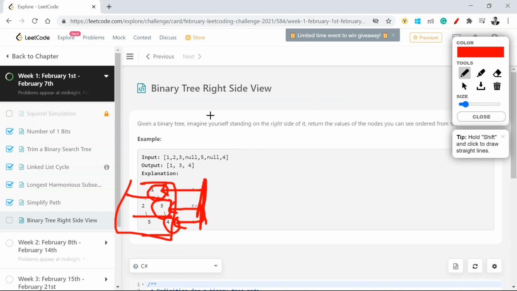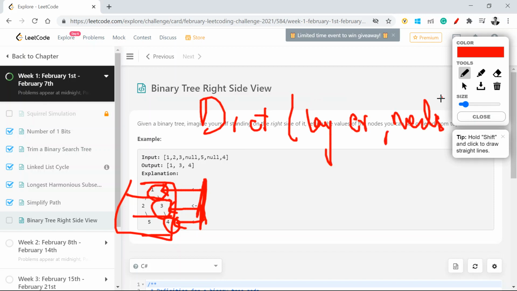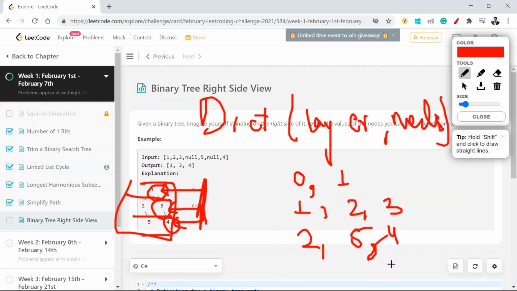So say I have a dictionary which contains the layer and the nodes. For layer 0, I'll store 1. Layer 1 will store the values 2, 3, and layer 2 will store the values 5, 4.